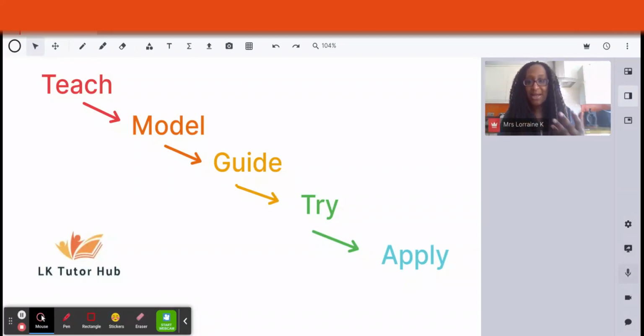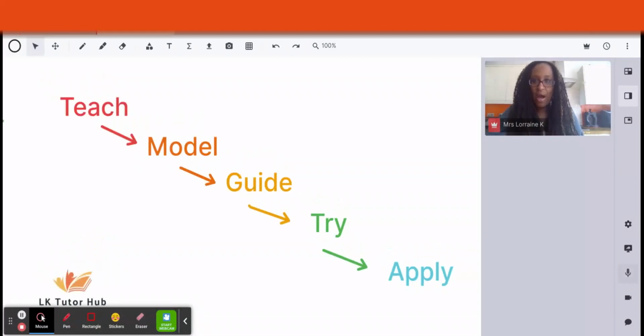And I've broken it down into these 5 steps: to teach a concept, to model the concept, to guide them through the concept, to allow them time to try themselves, and to have something that involves them thinking a little bit, applying it to a slightly different situation. Now, this is how I teach also in a classroom, but as a tutor, we need to slightly adjust that